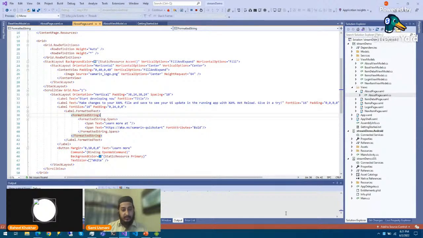It's stuck again. I'm still seeing the about page.xaml file. That's the only thing we can see on screen. All right, so just give me a moment.